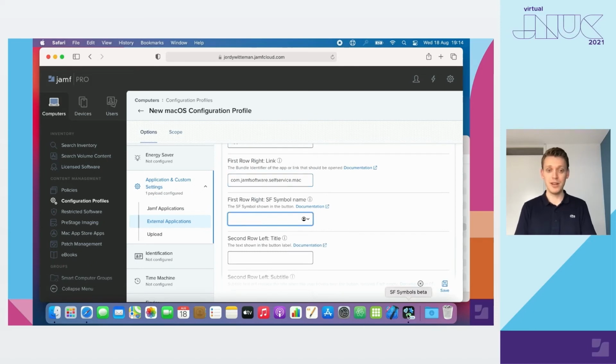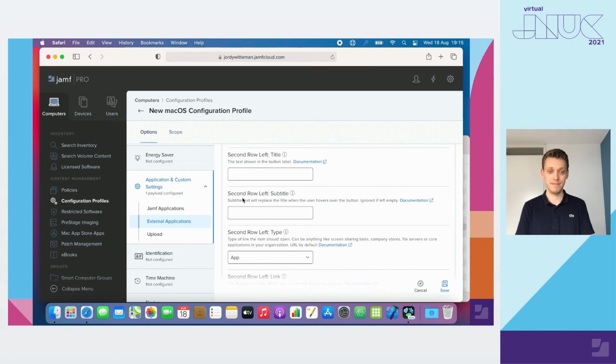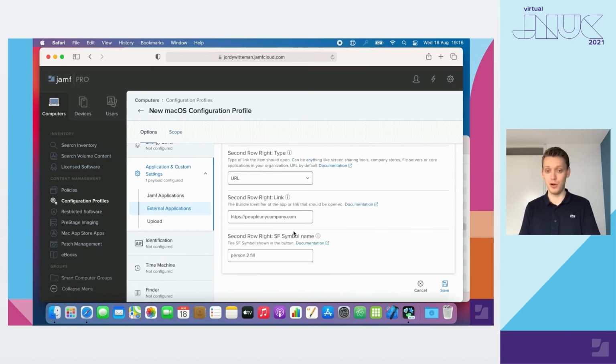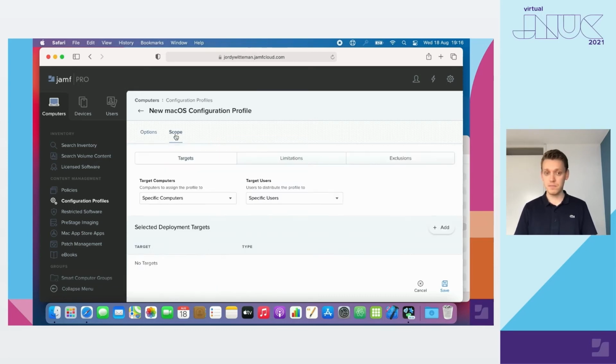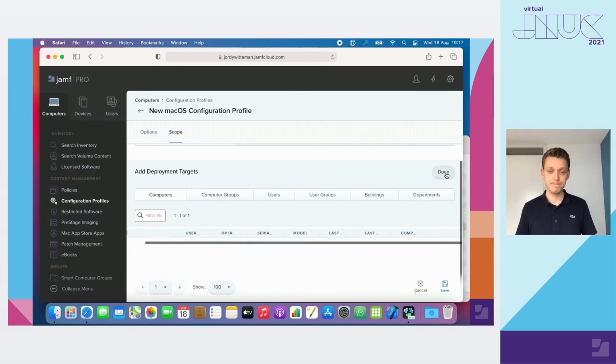We have an SF symbol ready. And let's go over to the second row. I've already done that to speed up the process, and we're going to scope it to my test machine.